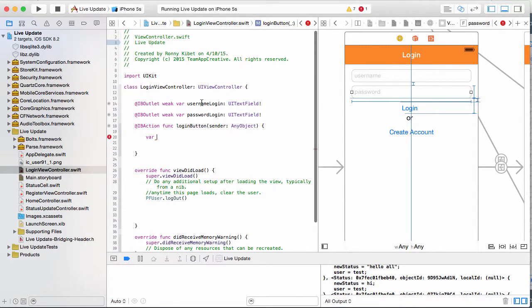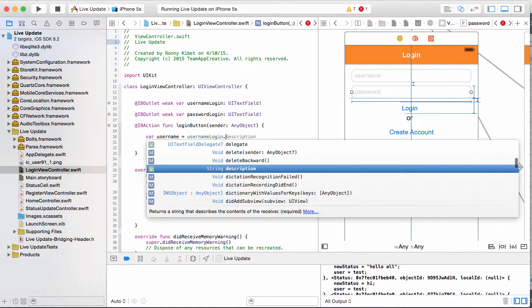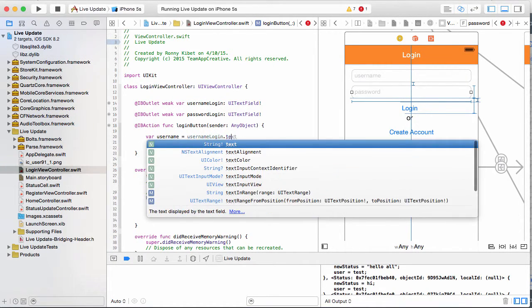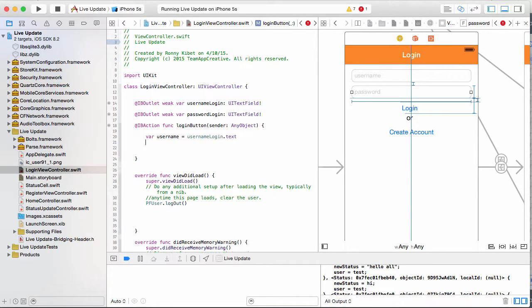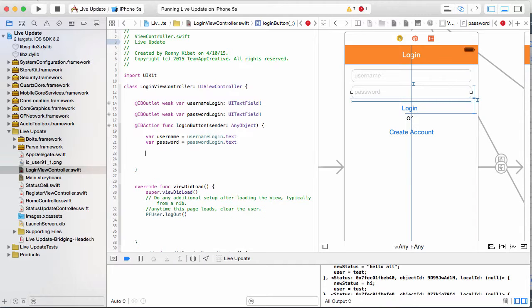We've done this before, so we're going to say var username equals username login dot text, and then var password equals password login dot text, and then we say if